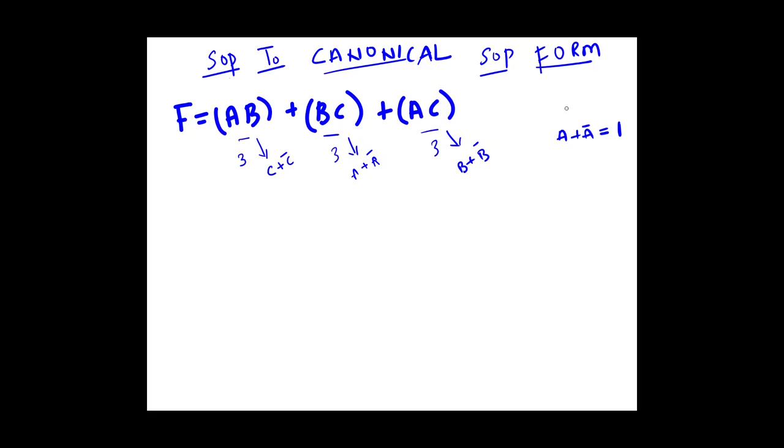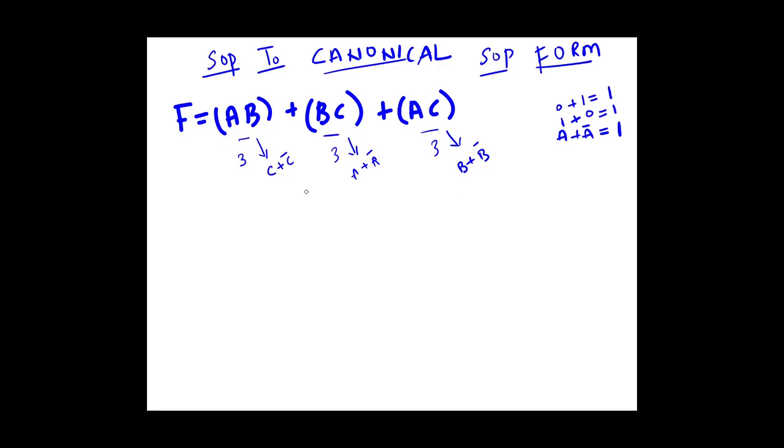If I take A equal to 0, then 0 plus what is A complement? 0 complement is 1, so the answer would be 0 plus 1, which is 1. If I consider A to be 1, then the complement of 1 is 0, so the solution would be 1. Whatever it is, A plus A complement is always 1. Even B plus B complement would be 1.